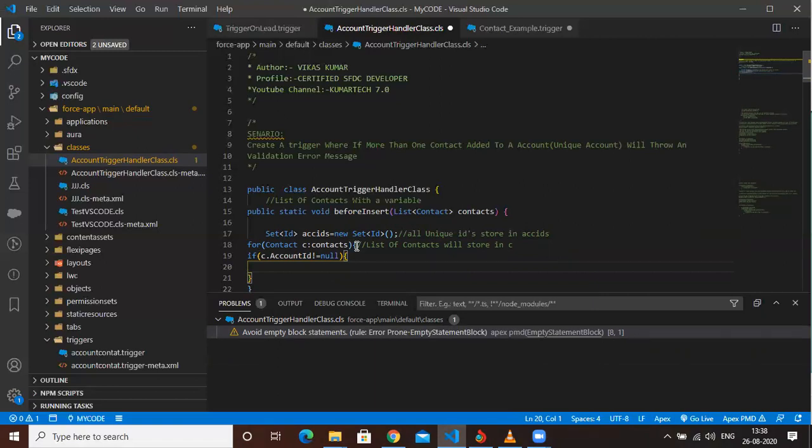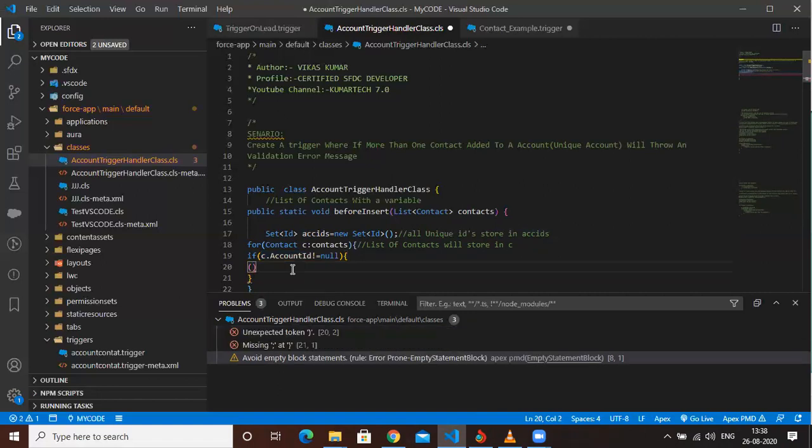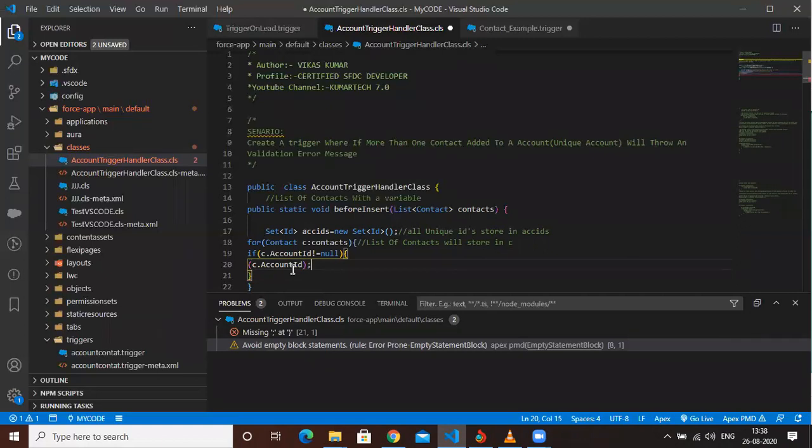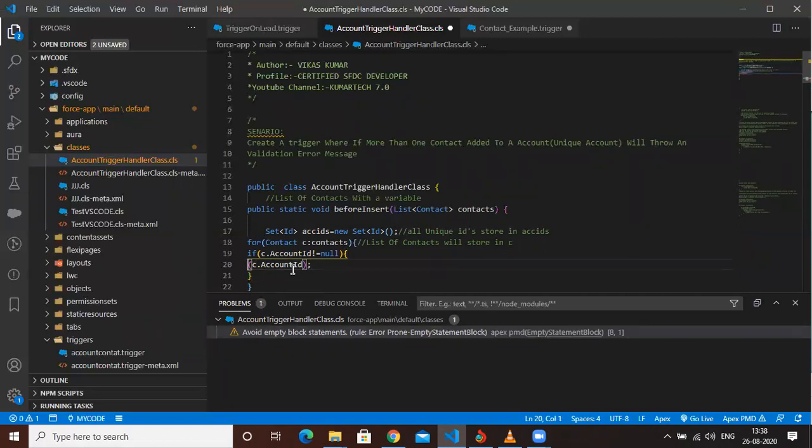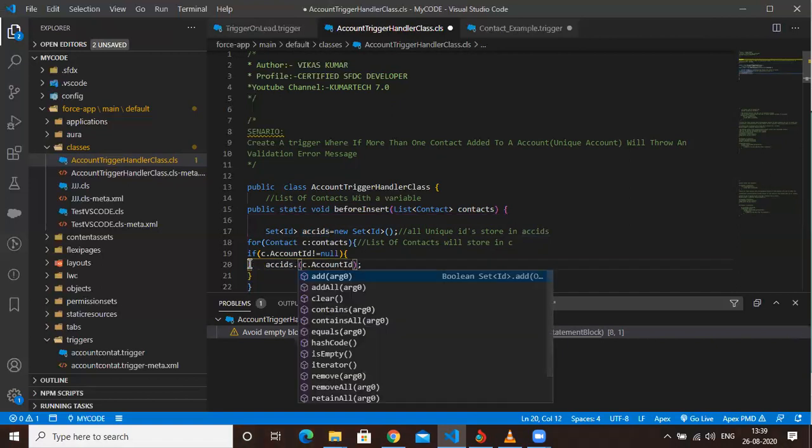If it is not null, then what I will do: in this accIds, for this list of contact, their account IDs I will add. Where, sir? I want them as unique, so it will be added here, dot add. Cool.